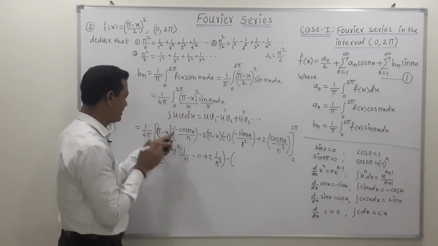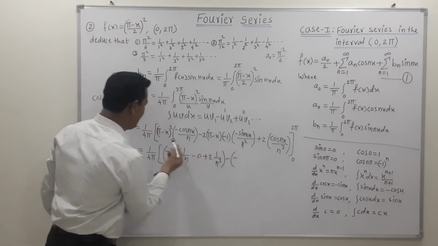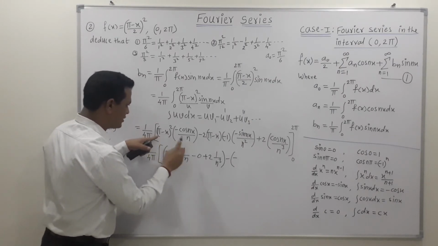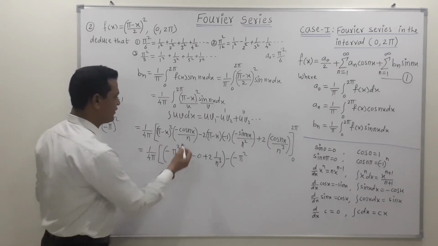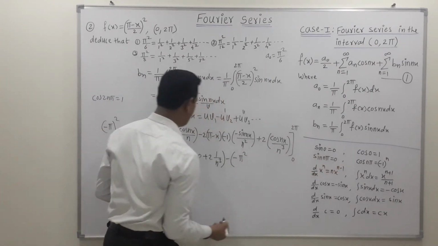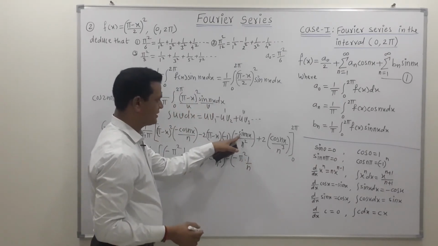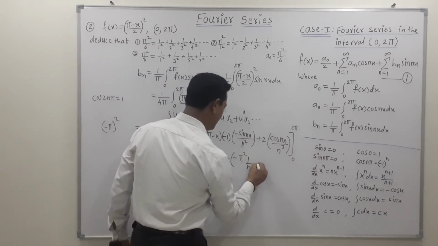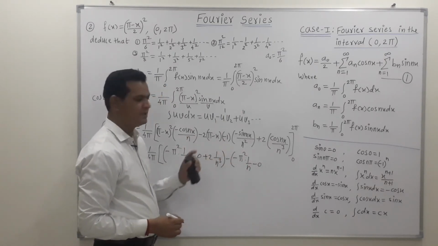So if we put the lower limit as 0, then we get this minus sign as it is. So if x is equal to 0, then we get this as pi square. So this pi square as it is. Then after putting x is equal to 0, cos of 0 is 1 according to the first result. Then we get this as 1 upon n. Now here the sine term is available. If we put x is equal to 0, then sine of 0 is 0. So the next term is 0. This term is directly 0 because 0 into something is 0.